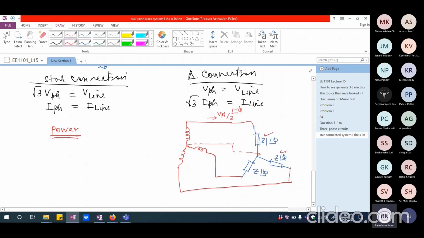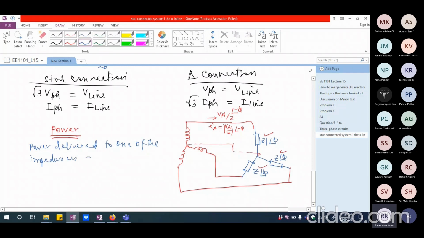All three impedances are the same. So I will have the same current flowing through this. So I can call probably this as IA, which is equal to VA divided by Z angle minus phi. The same way I will have IB and IC. Okay. Now, if I say power delivered to one of the impedances,